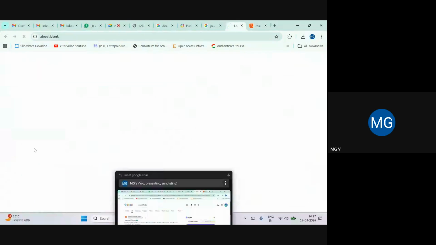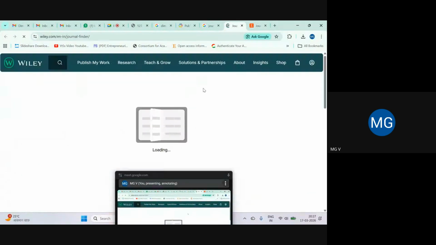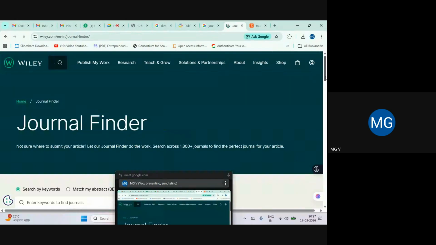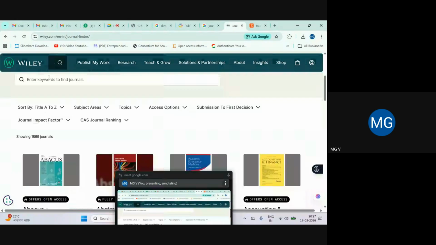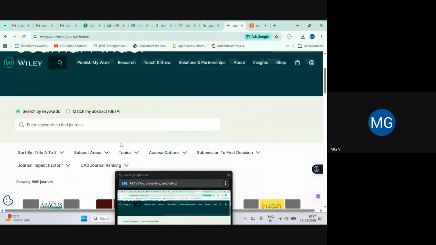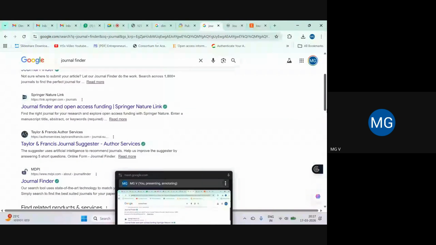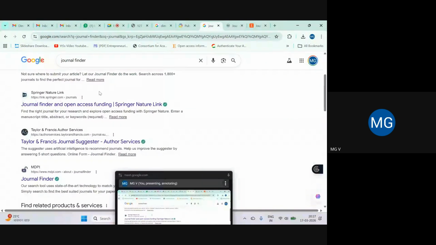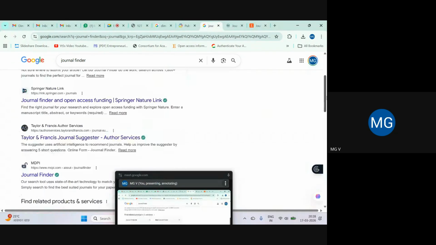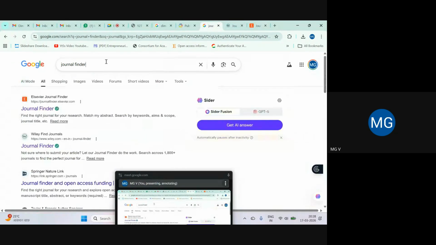Similarly, journal finder for Wiley. Clear? So you can either go to the website of Wiley and Scopus and use this option, and you have 2 ways to use. Either you enter keywords or you paste your abstract. Clear? If you paste your abstract, then options to get more relevant journals will increase. Similar is the case with Springer Nature, then Taylor and Francis, MDPI. Is it fine? Is it easy? Please tell me.